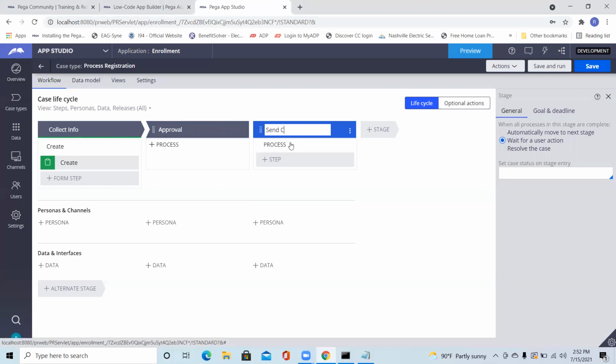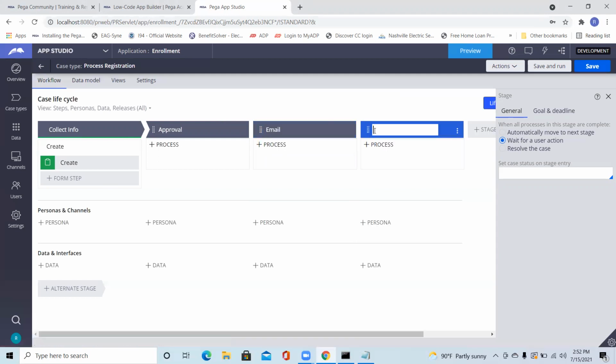Send communication, you can say email, and we can resolve here also. We can add a last stage like result. So these are the stage names we provided.